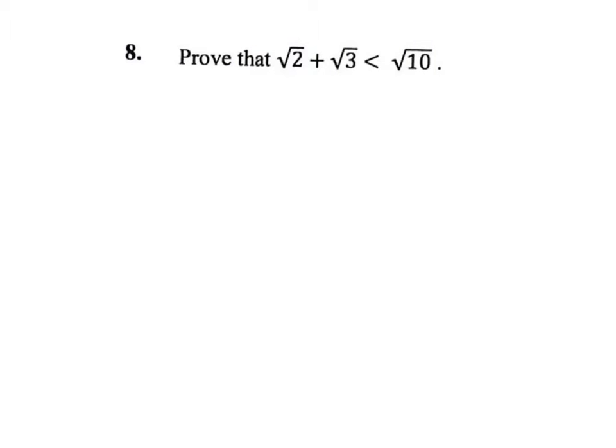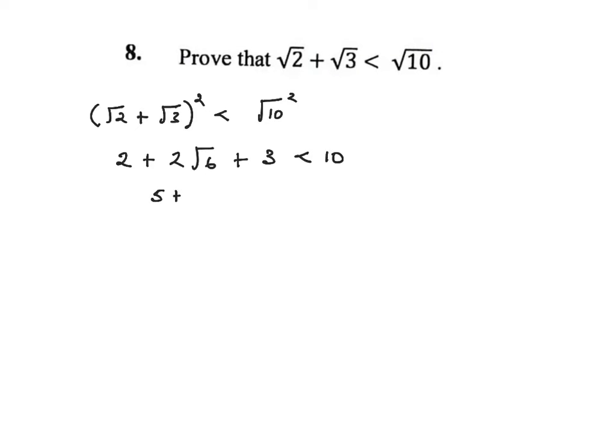Question 8. I'm going to square both sides. Now if I square root 10, I'll just get 10. On the left hand side it's root 2 times root 2, which is 2, plus 2 times root 2 times root 3, which is root 6, plus 3. And that's less than 10. So 5 plus 2 root 6 is less than 10. If I subtract 5 from both sides